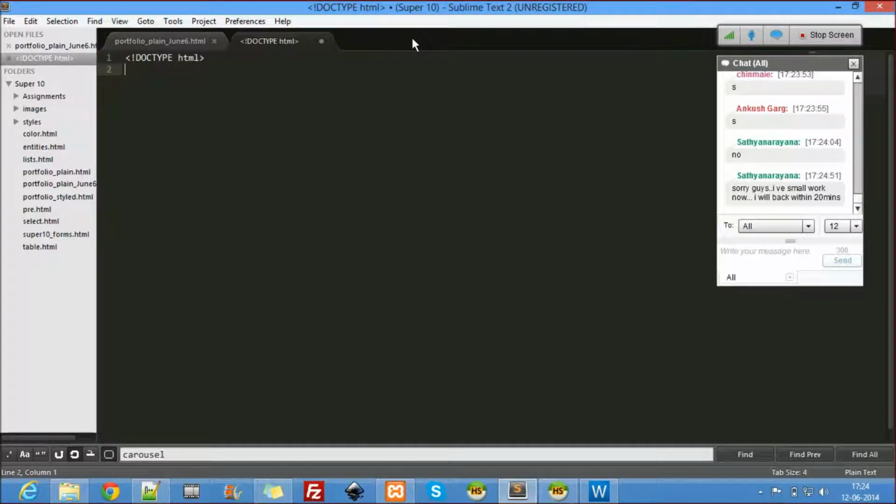Okay, doctype HTML. Head, body. Inside the head I like to add a title.